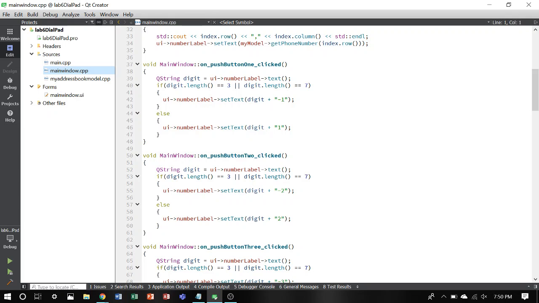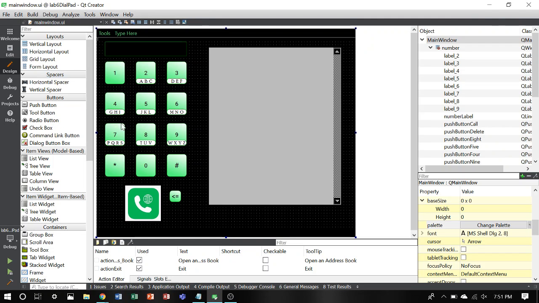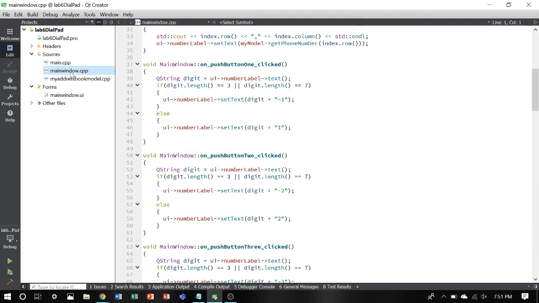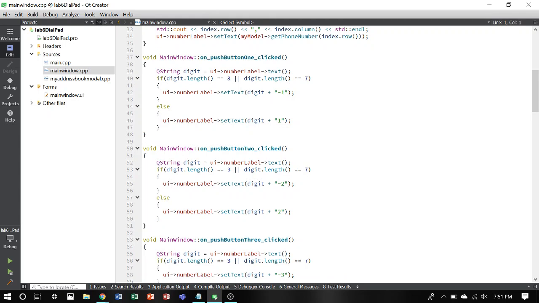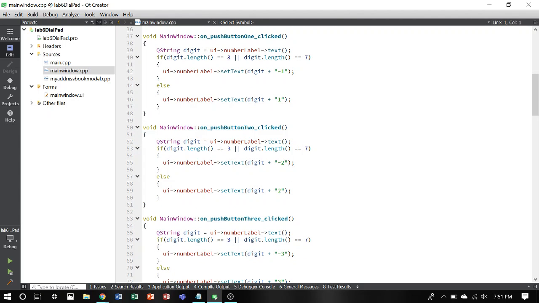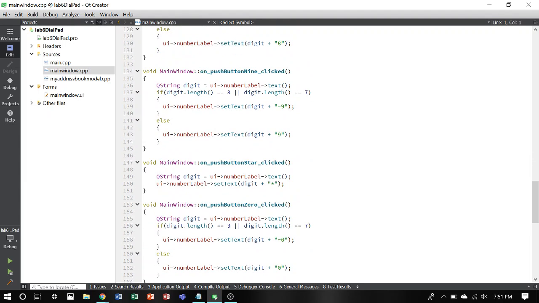Every time a button in the UI is clicked, as you can see, there's multiple buttons, 12 and then those two if you include that, it would check to see formatting things, such as was the length 3 or 7. And that simple if-else statement would put the dash if it needed a dash or no dash. And so I continue with that theory, and I have it on all of my push buttons until we get to